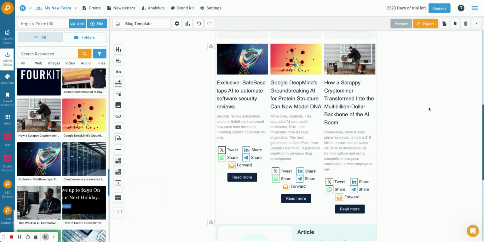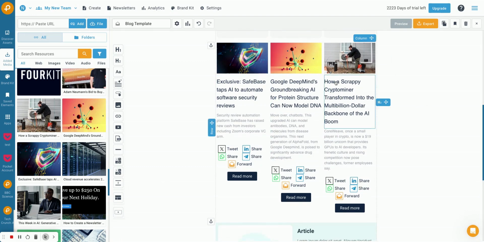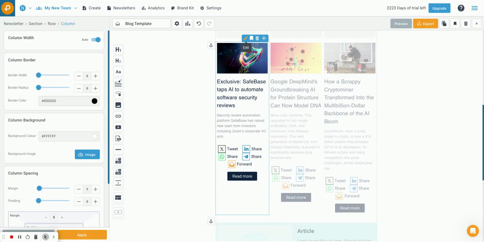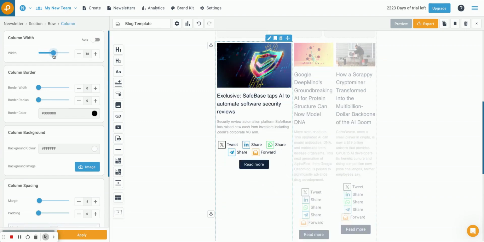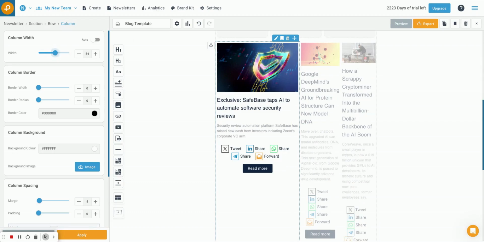And something else that will be quite helpful when you add columns, for example, is to remember that by default, all columns are set up to the same width. So if I edit the column here, you can see it's on auto, but I can untick this, and then I can change the width of my column here. So this is how you do different column widths,